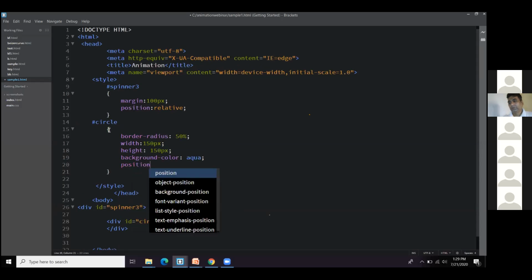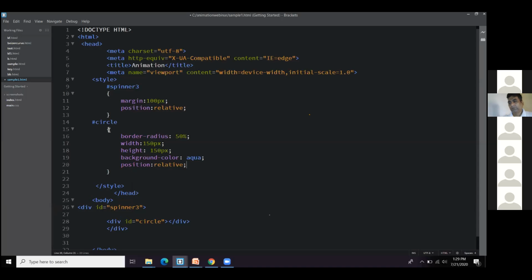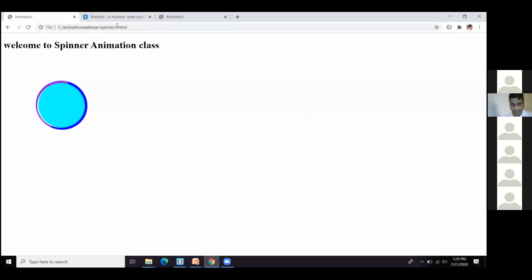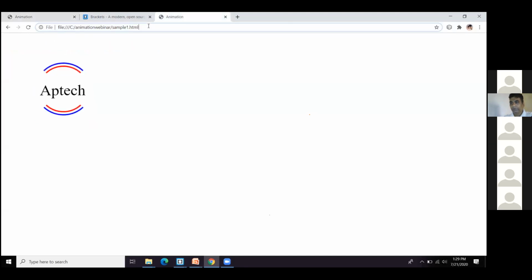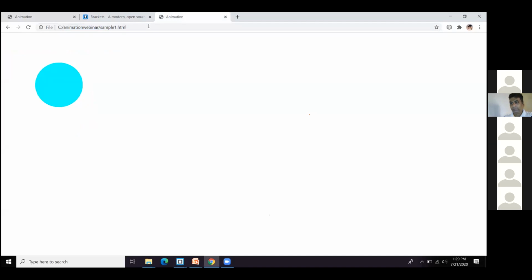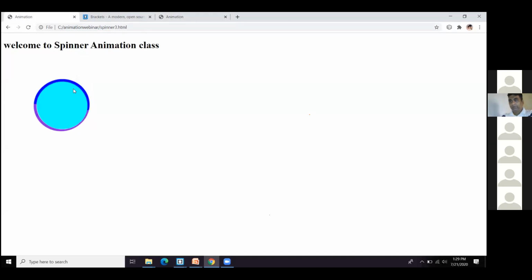Position, follow with the current position. So let's see here. So our circle is ready. Now, what is the next thing? We need to put a border to this circle.